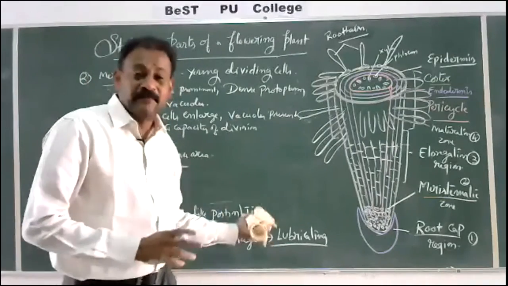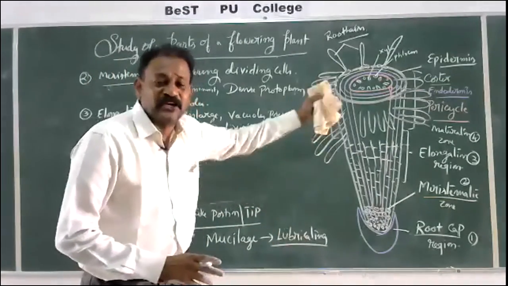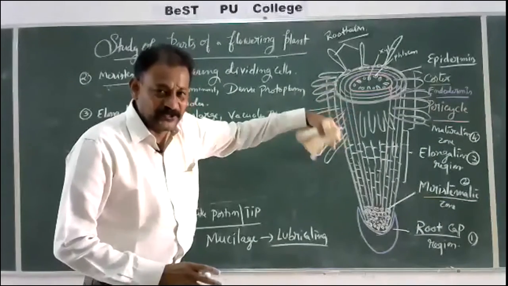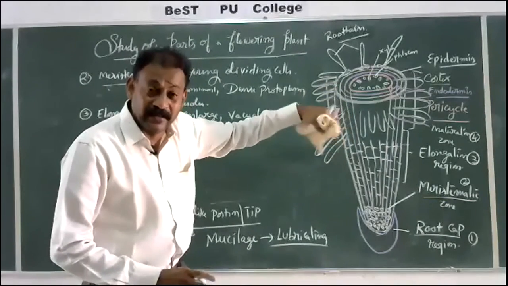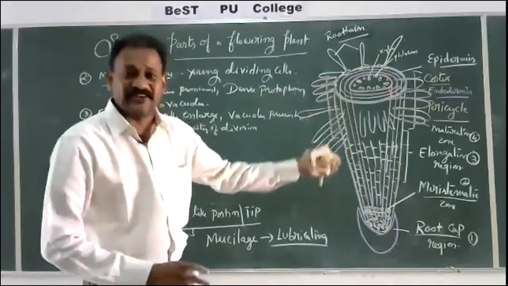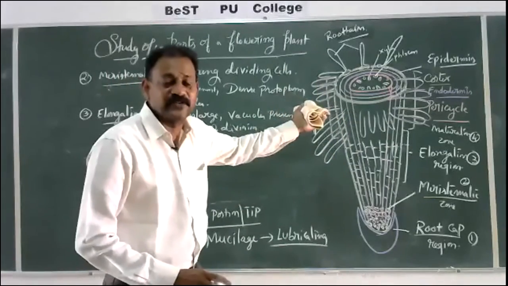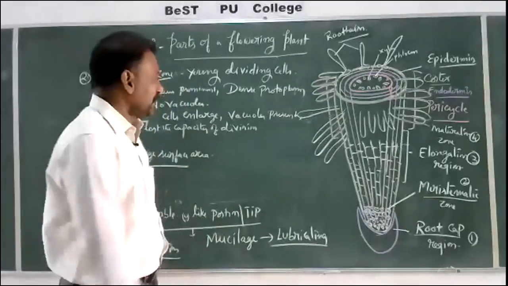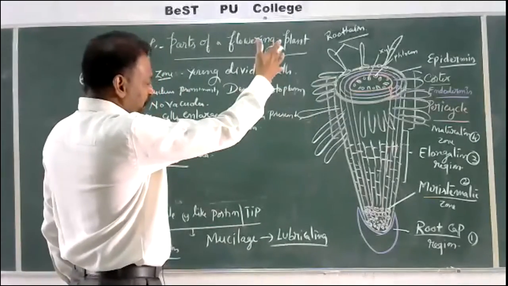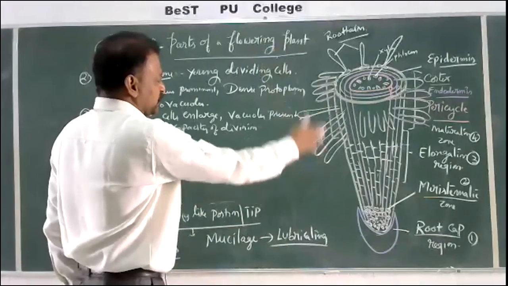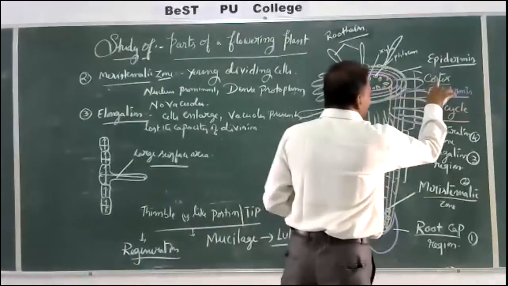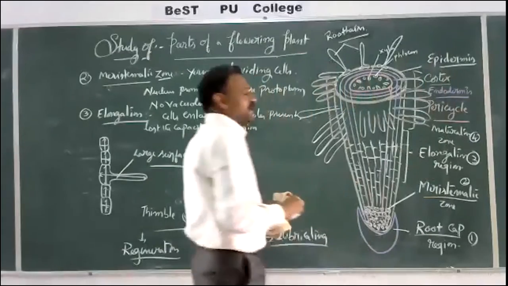It is nothing but they were present in the maturation zone. So the cells in the maturation zone are matured and they got some shapes and are performing some functions. Here the function of this maturation zone is absorption of water. So my dear students, there are 4 zones: root cap zone, meristematic zone, elongation, maturation. Now I have given these names: cortex, endodermis, pericycle and epidermis.